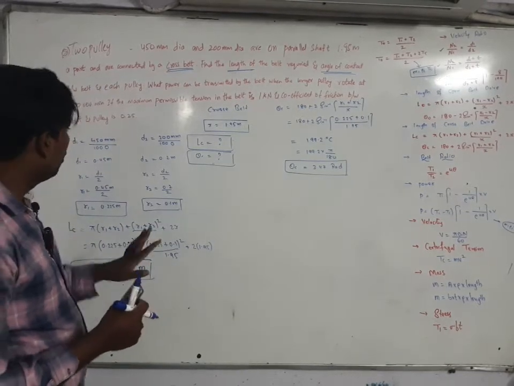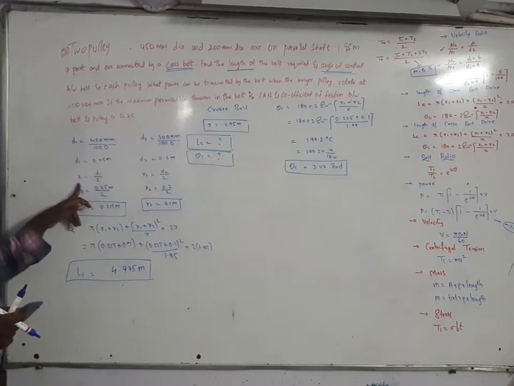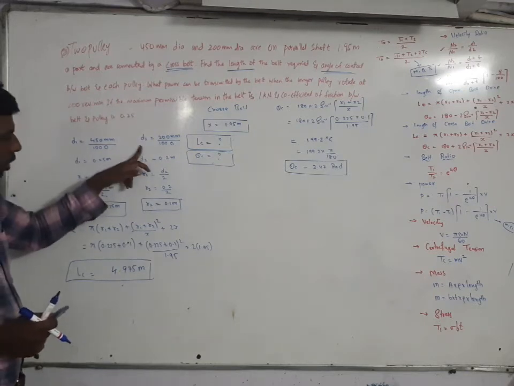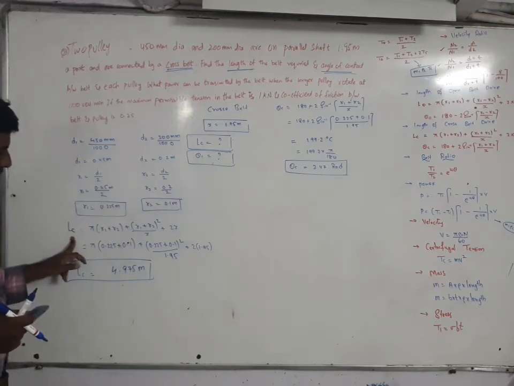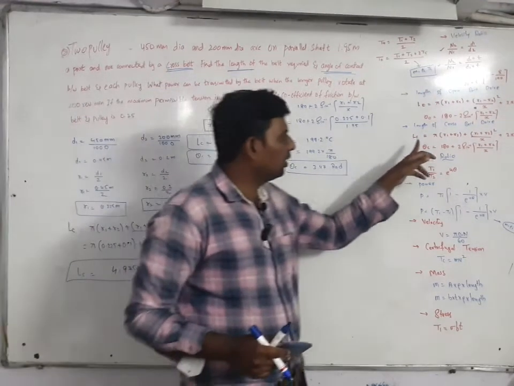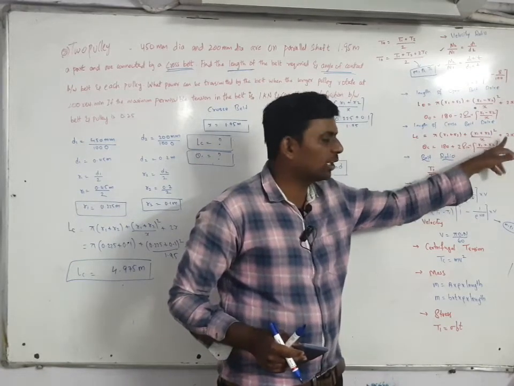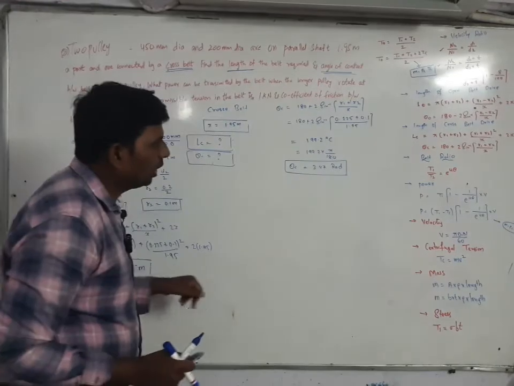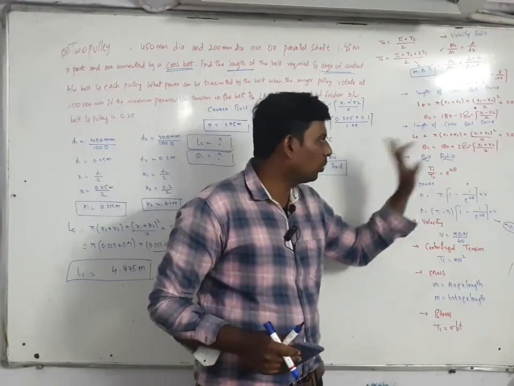Cross belt is there. So here D1 you have to convert into meter, then R1. D2 you have to convert into meter, then R2, and the length of a cross belt drive. This is the formula: pi (R1 plus R2) plus (R1 plus R2) whole square by x plus 2x. So substitute here, and the theta formula is 180 plus 2 sine inverse of (R1 plus R2) by x.